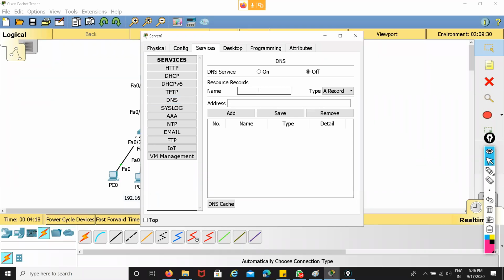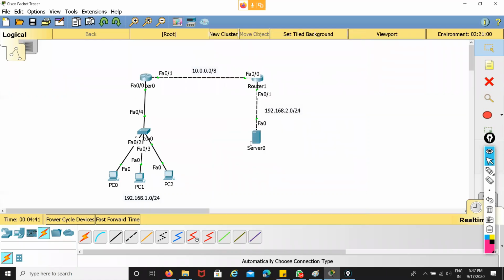The name is cisco.com and the address is 192.168.2.2. I use this specific server as a server named cisco.com. So I simply set this and activate the DNS. Okay. So now this server is an HTTP server.